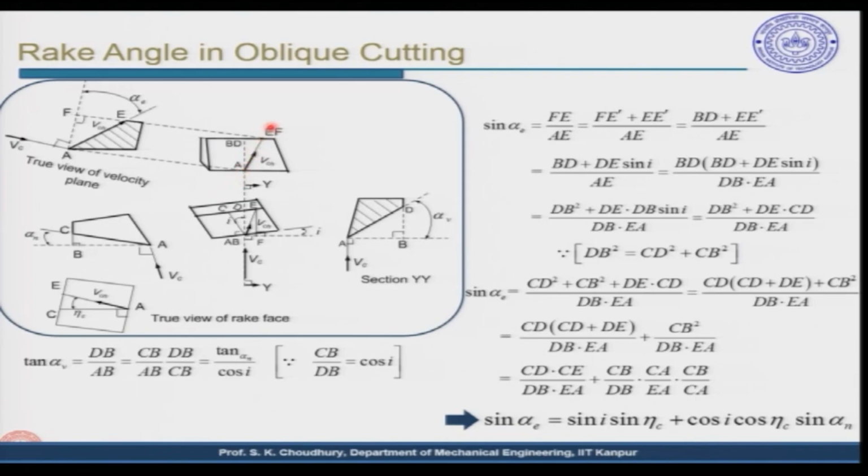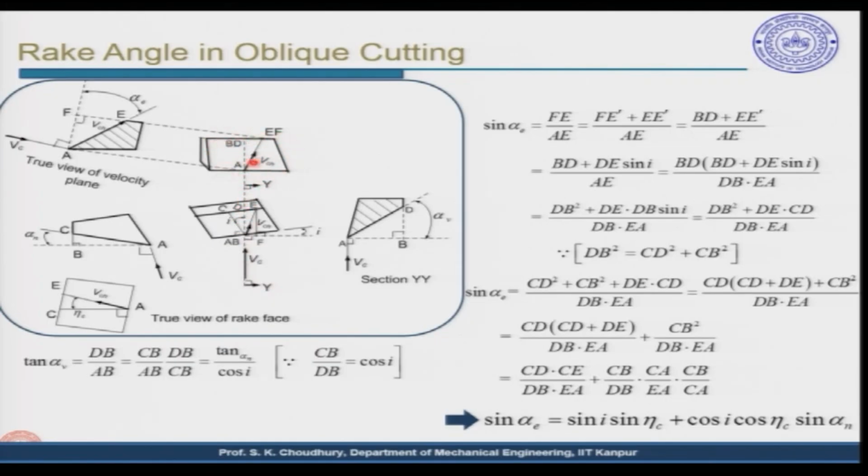AE line or AF line, then we will see a view which actually will be a true view of the velocity plane, because this is called the velocity plane along the chip velocity vector. But here the cutting velocity is perpendicular, so it is not visible, because the cutting velocity is here in this way. So, in this view it will be in the direction as shown here, this is the VC. So, this is called the true view of the velocity plane, this is the true view of the rake face, this is the section YY, this is understood, and this is the top view, this is the projection of this